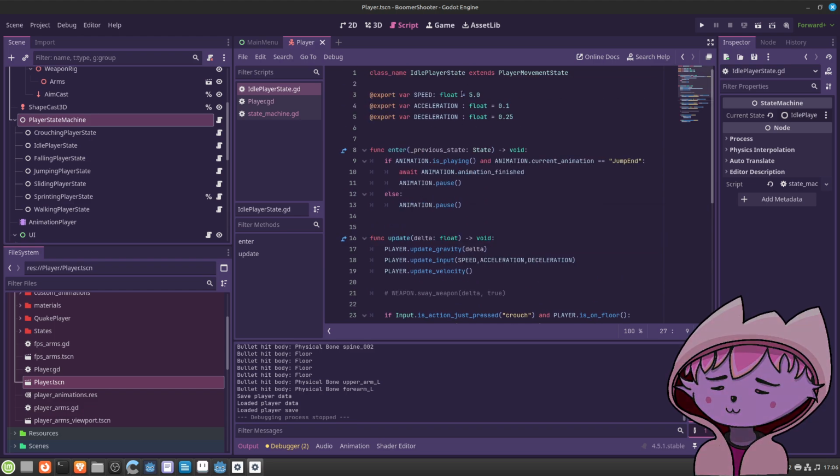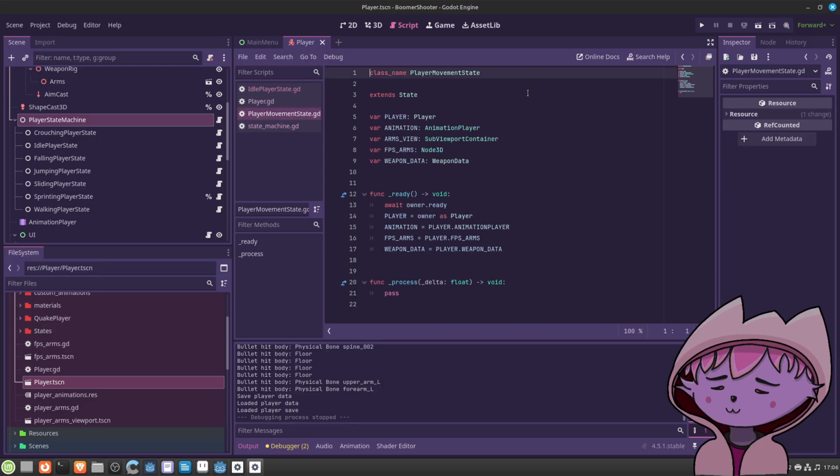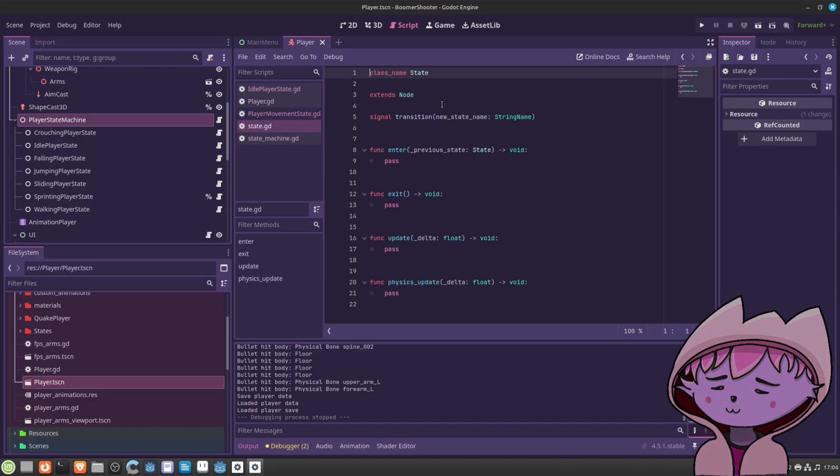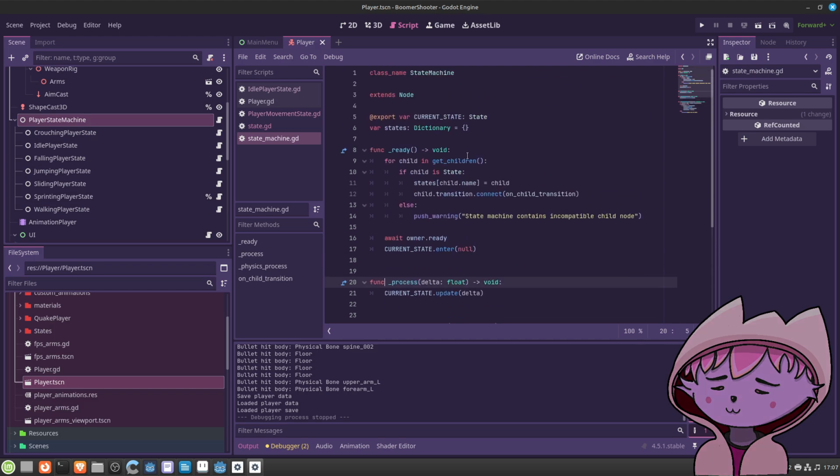It comes from player move state, probably, from state. Ah, yes. Okay, now I understand. So this signal comes from the class state, and it's connected here underneath the ready function.